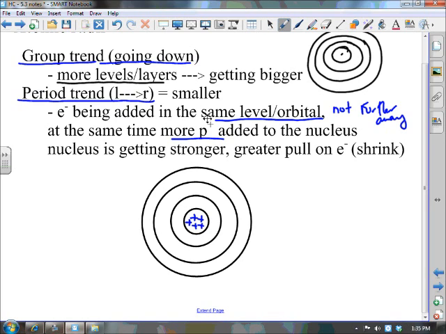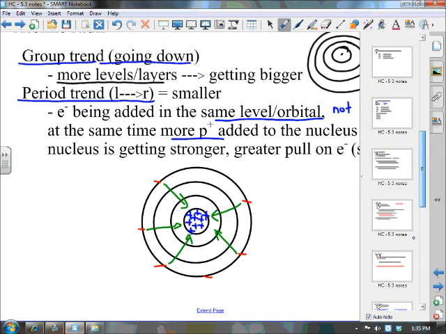So if we have all these electrons being added as we go across a row, but they're not being added at a greater distance, and at the same time the nucleus keeps adding protons, what starts to happen is those electrons are getting pulled in, and we actually see the atoms shrink, because again, we're adding electrons, but we're not adding them at a greater distance. So, if you look at a periodic table,